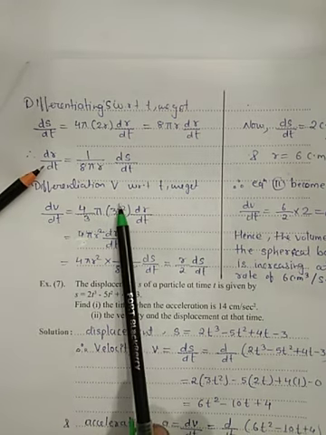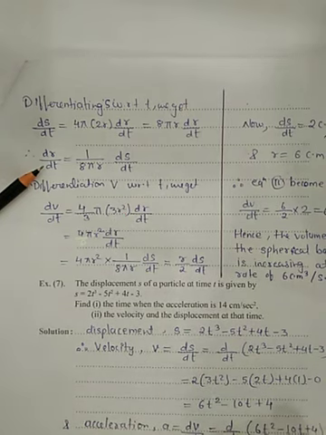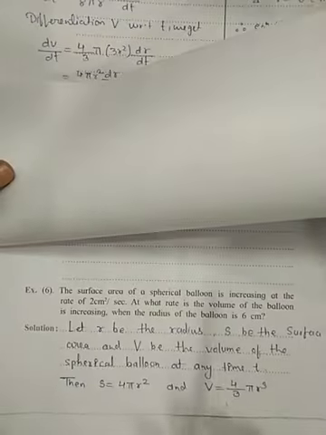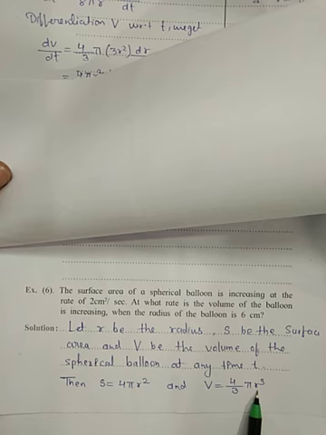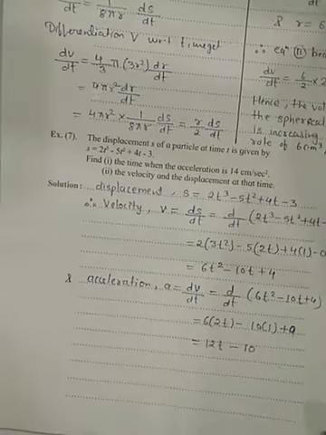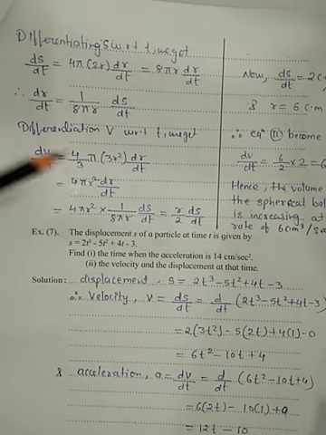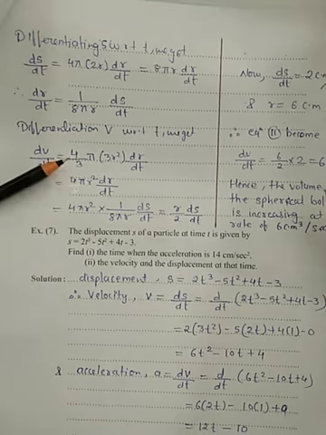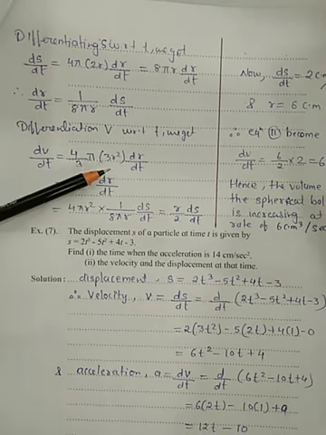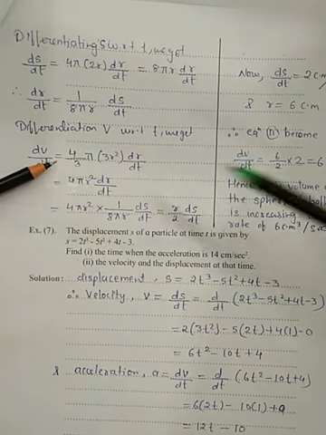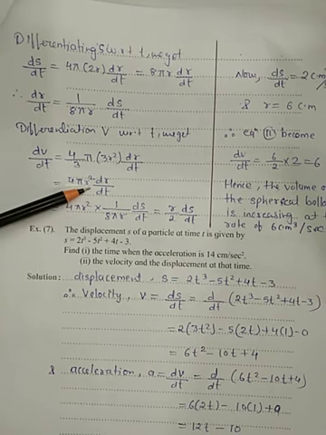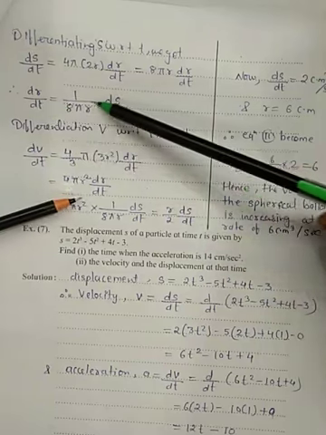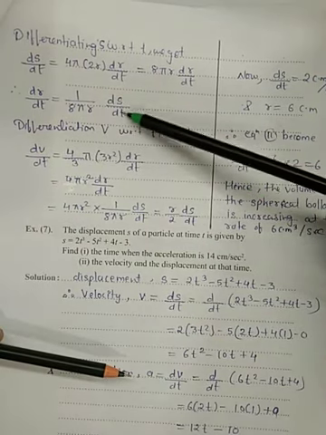Now we will differentiate volume. And what is the formula of volume? It is 4 upon 3 pi r cube, isn't it? 4 upon 3 pi is constant. The derivative of r cube is 3r square. Then again using chain rule, dr by dt. 3 and 3 will get cancelled. 4 pi r square dr by dt, and we have already found dr by dt over here: dr by dt equal to 1 upon 8 pi r dS by dt. Substitute here.